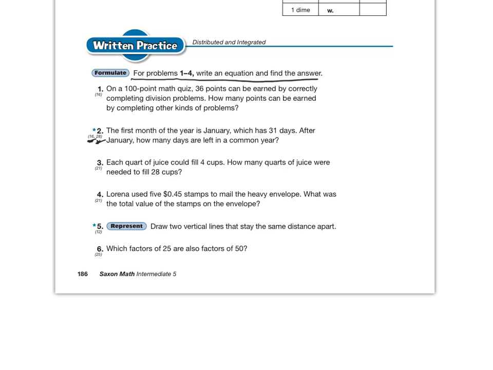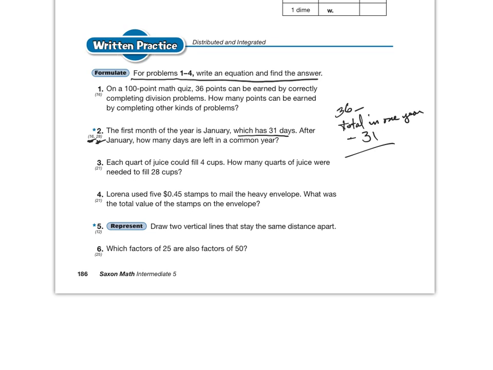We're talking about time here. First month of the year is January, which has 31 days. After January, how many days are left in a common year? So how many days are there in a whole year? You're going to need to do some calculating. We're going to subtract 31 from the total days in 1 year. If you don't remember the number of days in 1 year, it's